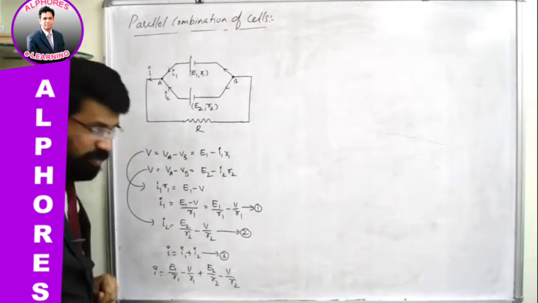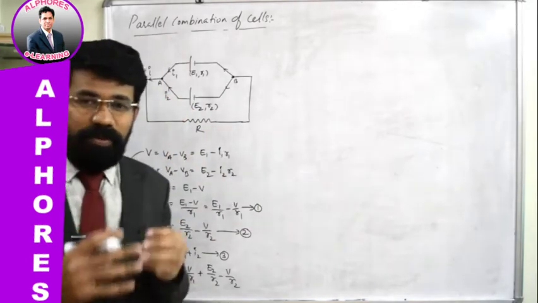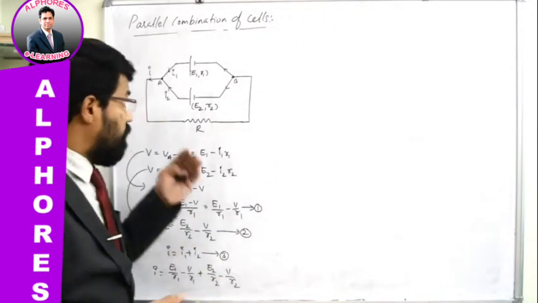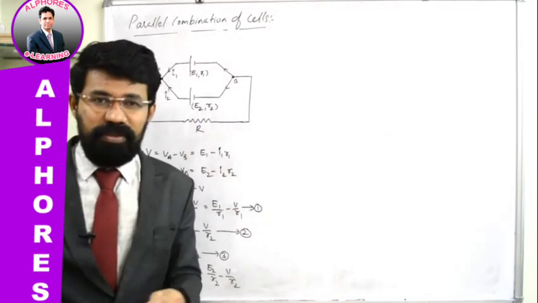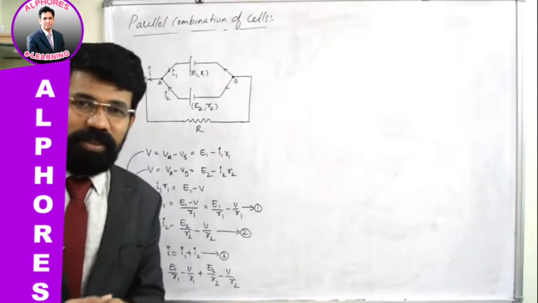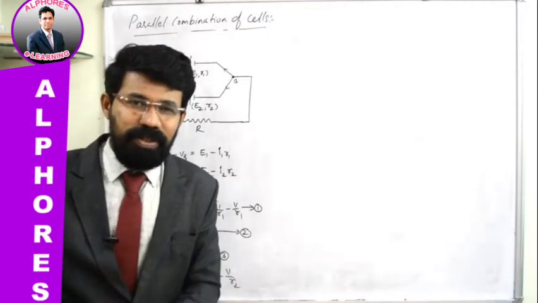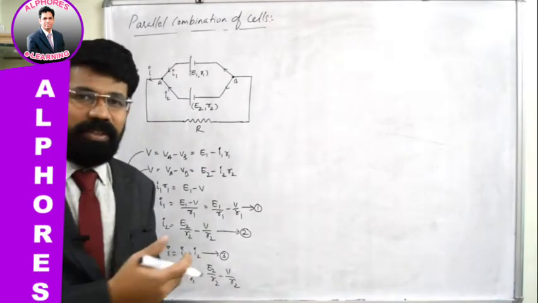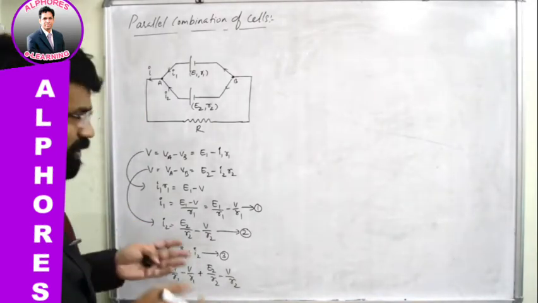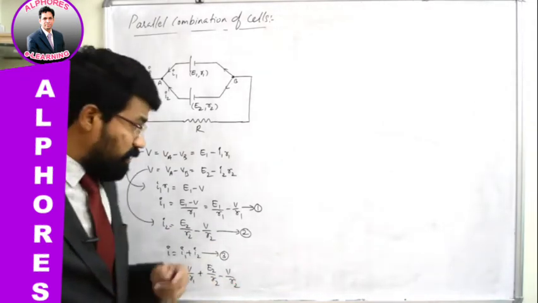See what we are dealing with currently: the parallel combination. Ultimately, what is our goal? In parallel combination, we prefer to find the effective EMF of the circuit, the effective resistance and the total current flowing in the circuit. These are the parameters which we will be exploring. And finally, after writing the expression for current, we will be interested in finding the maximum current, so that we will be able to write the expression for maximum power. These are the parameters we will basically be handling in the case of combination of cells. Unlike in the series combination, where very simply we came to a conclusion regarding the effective EMF and effective resistance, here it's a bit different.